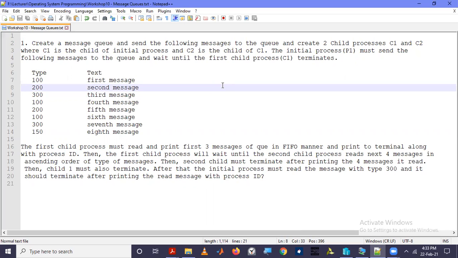and then they can send and receive messages. And the advantage with respect to pipes is that it is not only in first in first out manner. As I explained last week, message queues are stored as linked lists in the kernel space, so that using the type of the message queue,